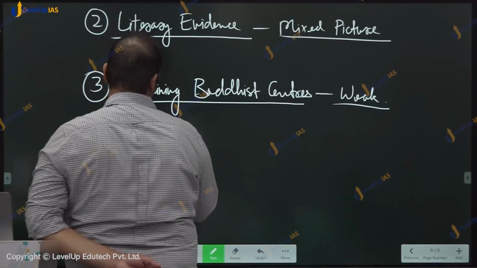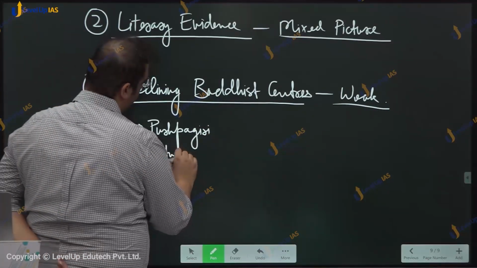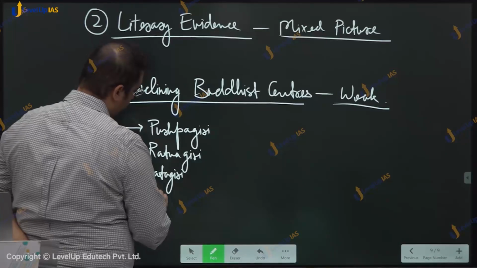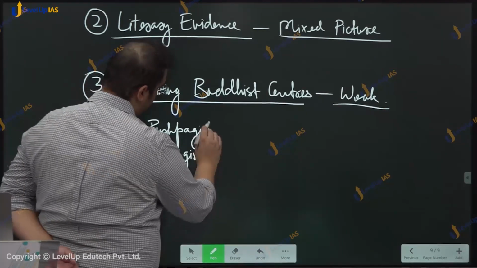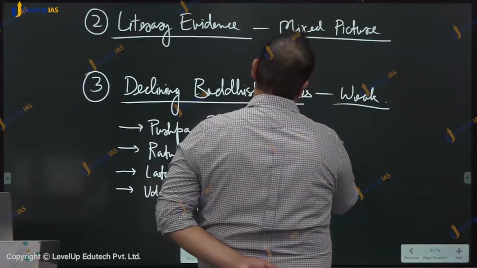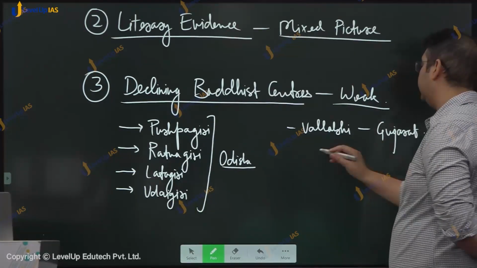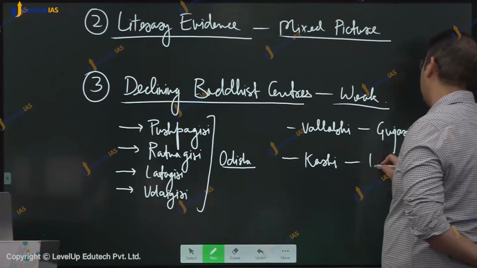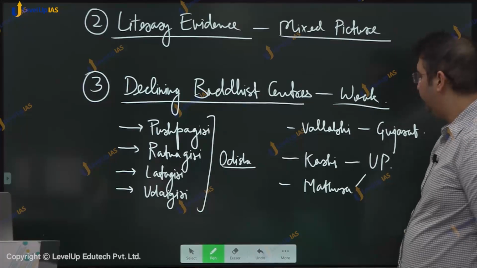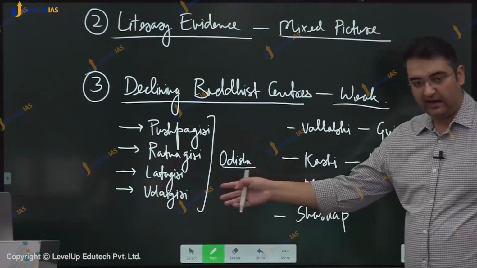Can you name some? पुष्पगिरी, रत्नागिरी, लतागिरी, उदयगिरी in Odisha region, Vallabhi in Gujarat, Kashi in UP, Mathura also in UP, हाँ हाँ महाराष्ट्र में भी है बट रत्नागिरी एक ओडिशा।